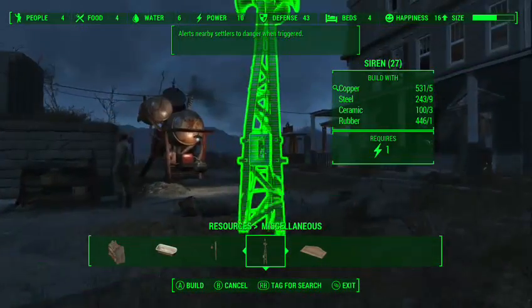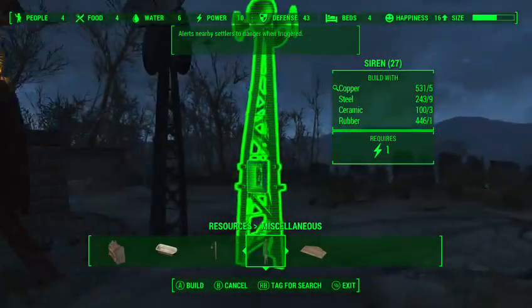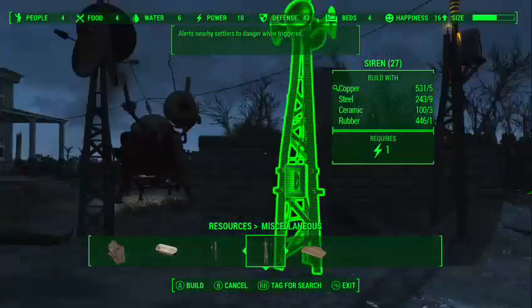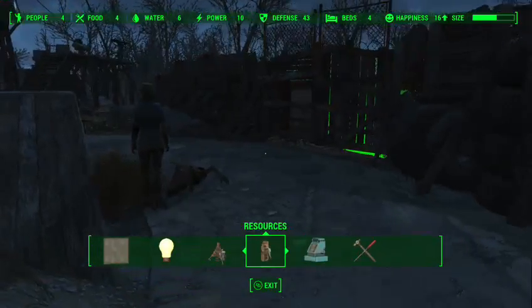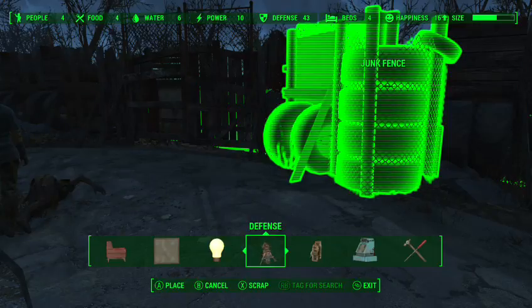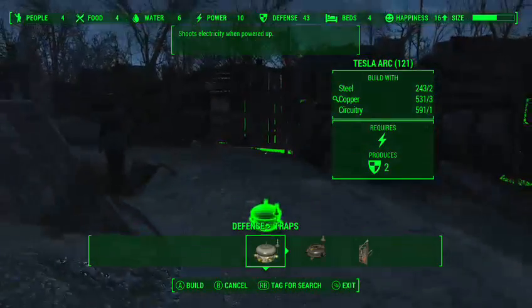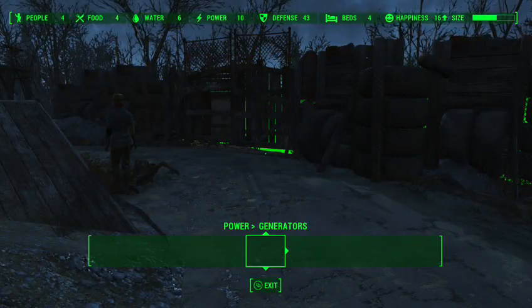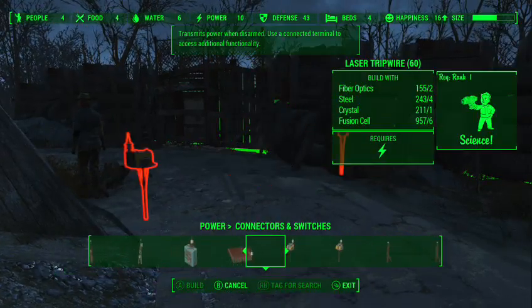The bell we talked about, you have a siren that you can hook up to power. Now for this, you have to build a little more complicated switch. You have to run power. So let's go ahead and set up one of these. Go to your defense. Go to your traps. Nope, sorry, wrong place. Go to your power. Go to switches and connectors. And let's find...